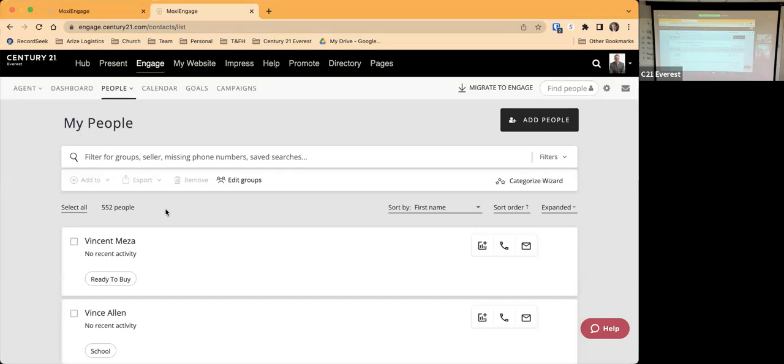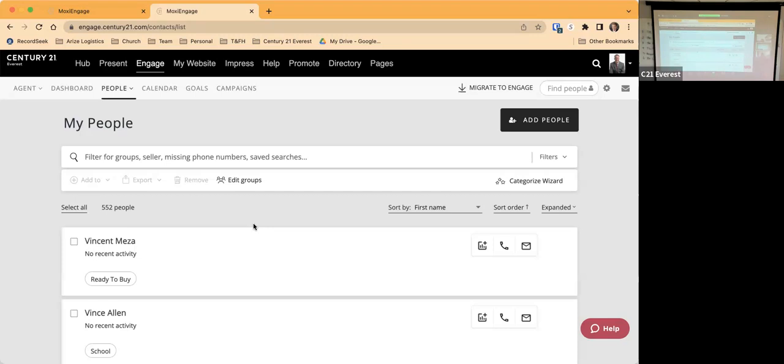All right. So the next thing that I'm going to show you guys is how to put them into groups and stuff as well. So the next option that you have within the system is groups. The idea of the groups is going to be a way for you to keep track of people collectively. So for example, let's say that I had a group